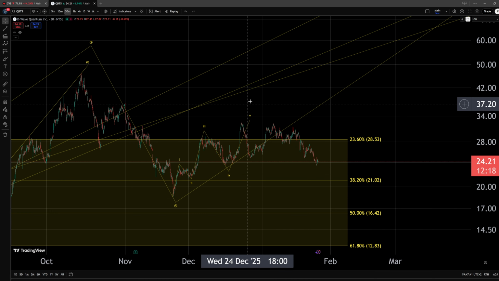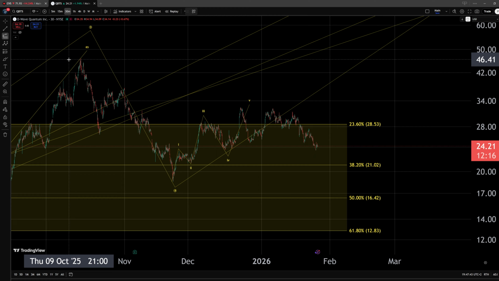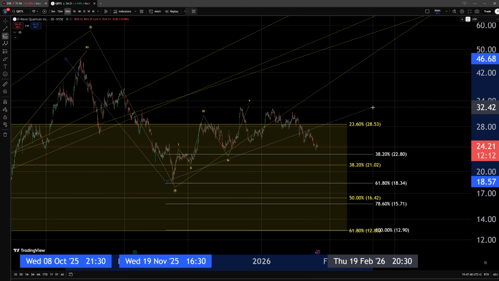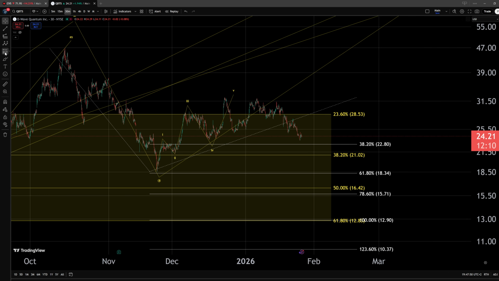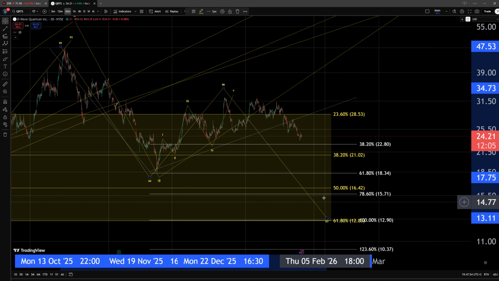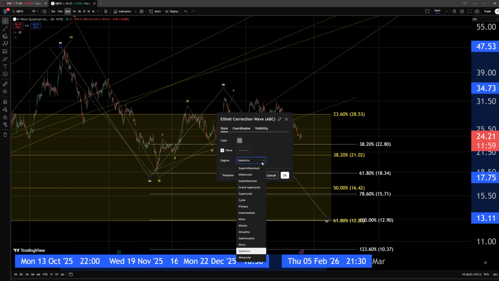for such a possibility. Now, we could be looking for an ideal target for this supposed wave C, which we could even add a count for on the chart, but that would be at the 100% extension of the wave A, which is right in line with the 61.8% retracement. So the $12.9 level is the ideal target for a wave C that would form within this area. Now, does it need to get there? Absolutely not. We could form an early bottom, but if we actually push below that, it would be a break